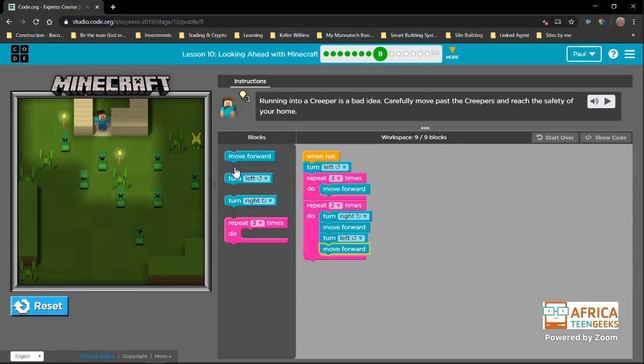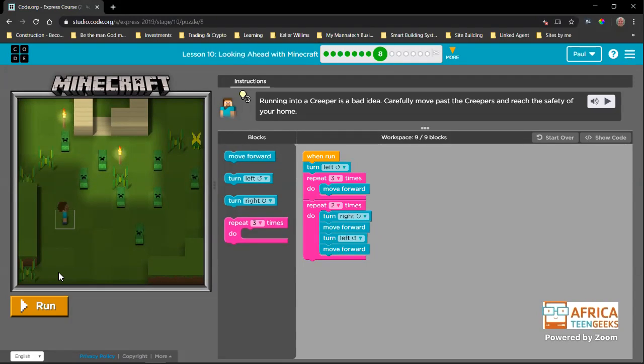So the first thing that we need to do, just need to reset here. We want to turn left to walk towards our house. The house is at the top of the picture, but we are facing towards the right of the picture. So we need to turn left to go there. If we turn right from where we are, we are going to walk towards the bottom, and that is the opposite direction